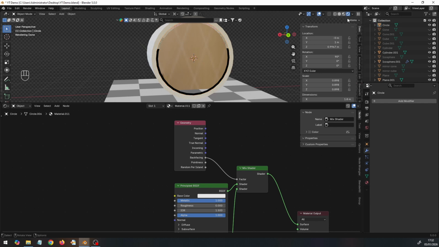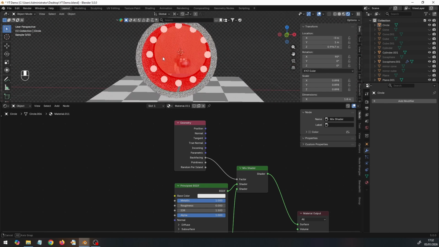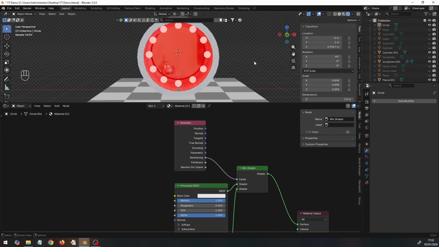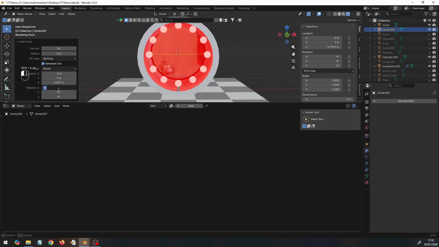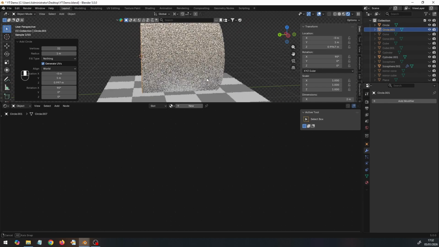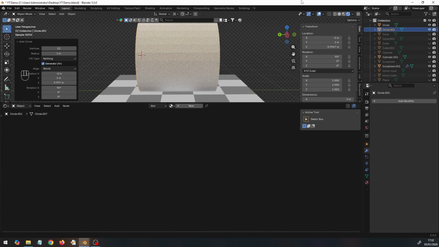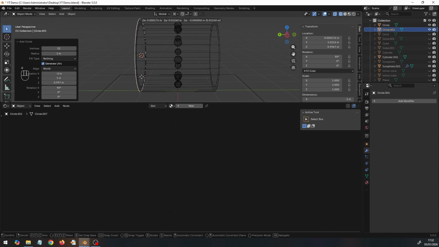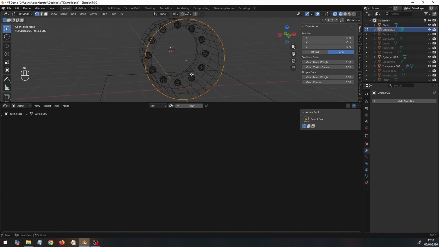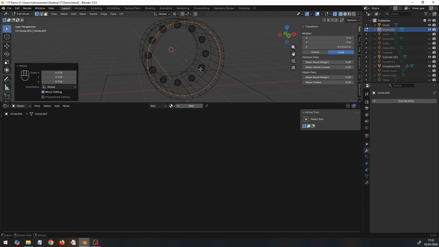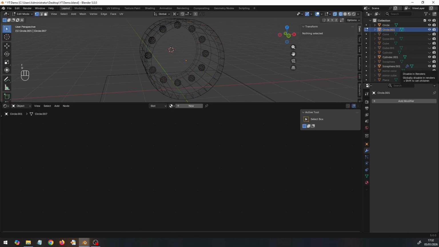What we need to do next is Shift A, Mesh, Circle, 90 degrees, and then we can bring that down the other end so we can turn on the X-ray, grab Y, move it there, tab into edit mode, scale slightly, press F to fill, and then